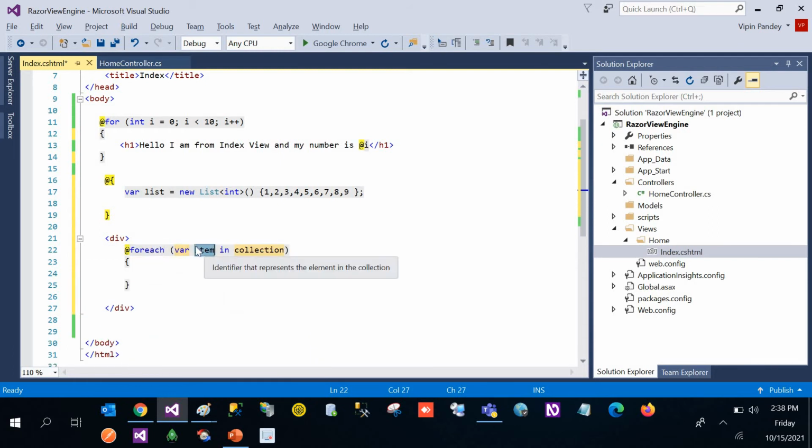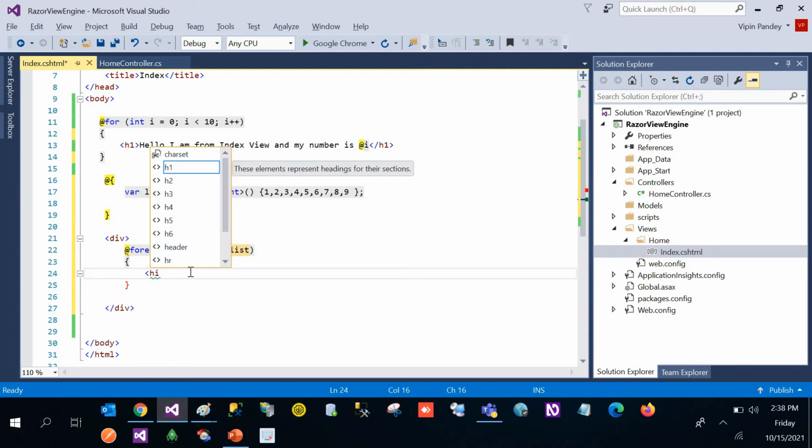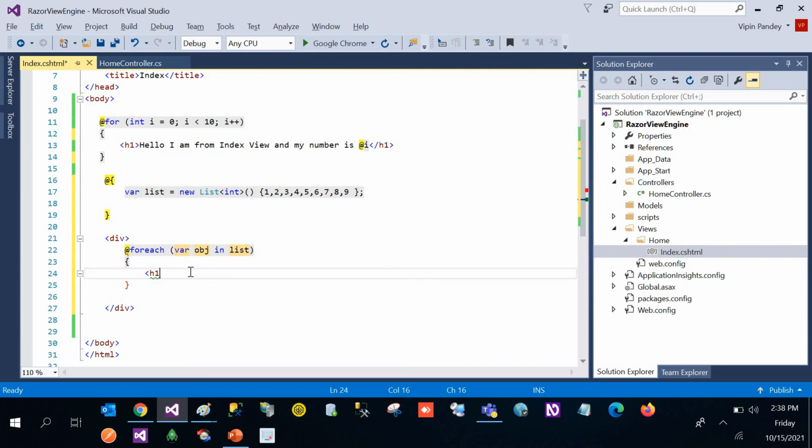Pressing the tab 2 times. Now where item, we can take any meaningful name. So let's suppose I'm taking object, into which collection I want to access. So we'll write this list over here, right? And in this list we want to print, let's suppose I'm taking one header, and we want to print that